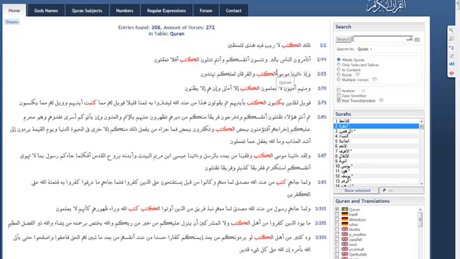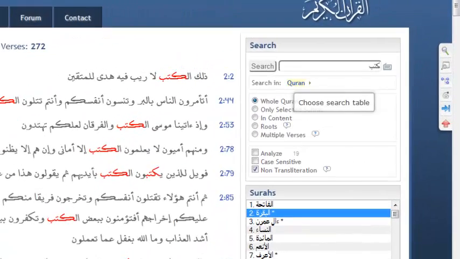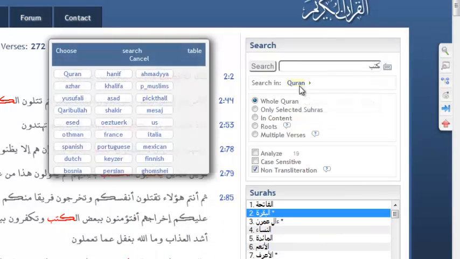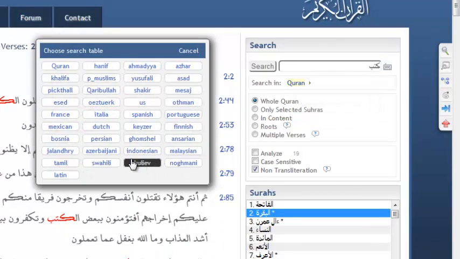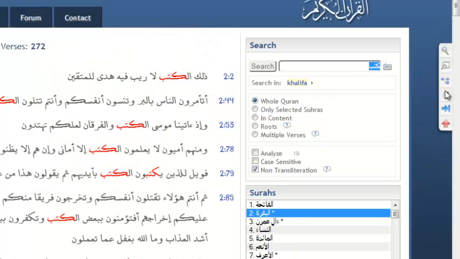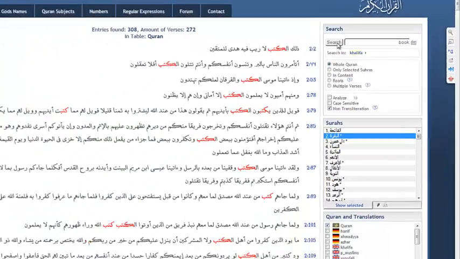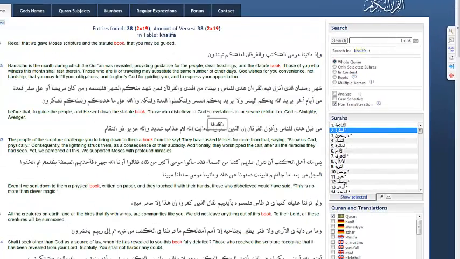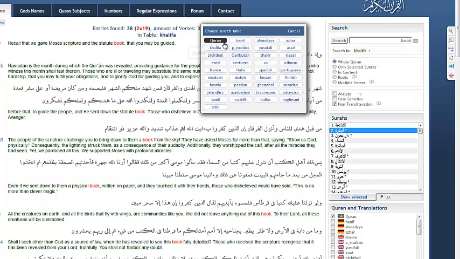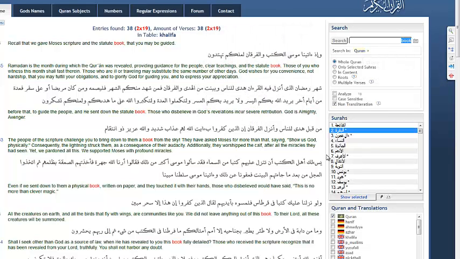So if we want to choose another text from our translations, for example, here we have all translations. You can choose another one, for example, Khalifa, and I can write also book in English and search for it. So I found it here too. So Quran. So we go back to Quran, and because